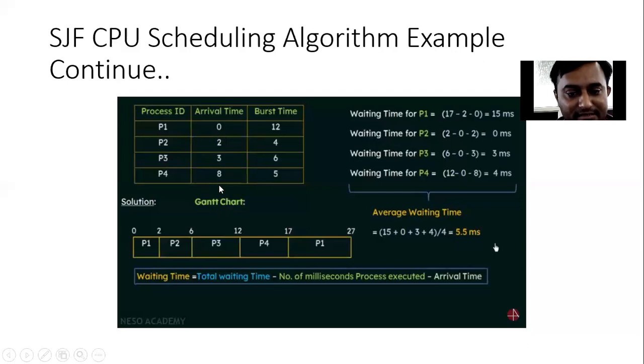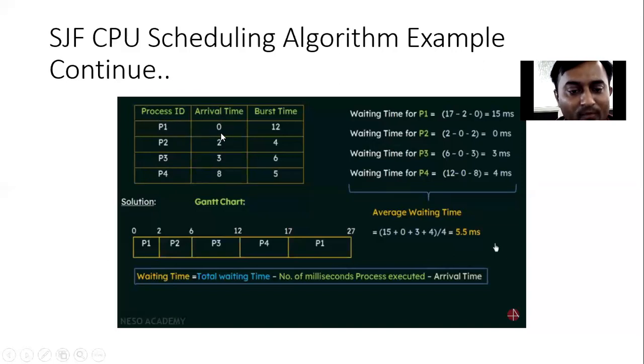So let us start with the arrival time 0. Means what? At 0 milliseconds we need to consider how many processes we have in the ready queue. Only one. P1 process is ready in the ready queue. So P1 will be scheduled first for execution in the CPU. Why? Because it is the senior-most process in terms of arrival time, and at the same time, there is no other process arrived in the ready queue. So at time 0 millisecond, we have only one option, that is nothing but P1.